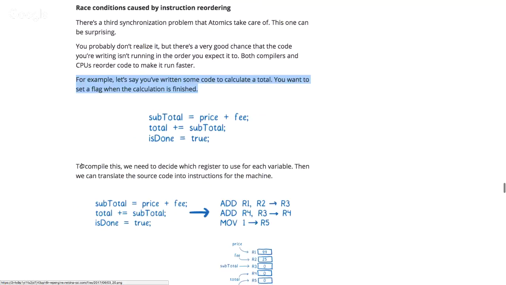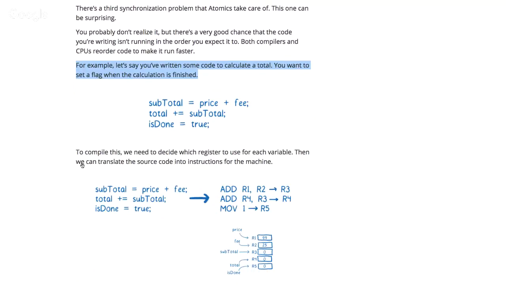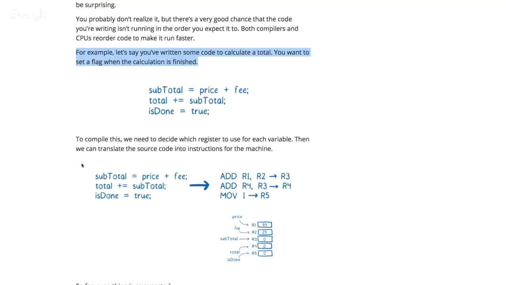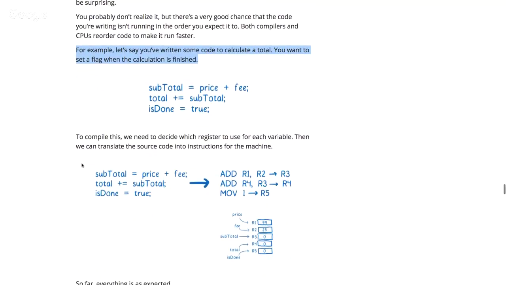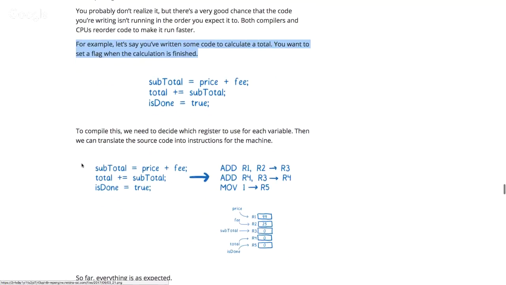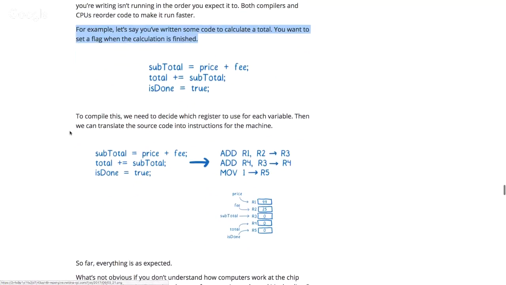To compile this, we need to decide which register to use for each variable. Then we translate the source code into instructions for the machine. So they gave a sample code here, subtotal, total